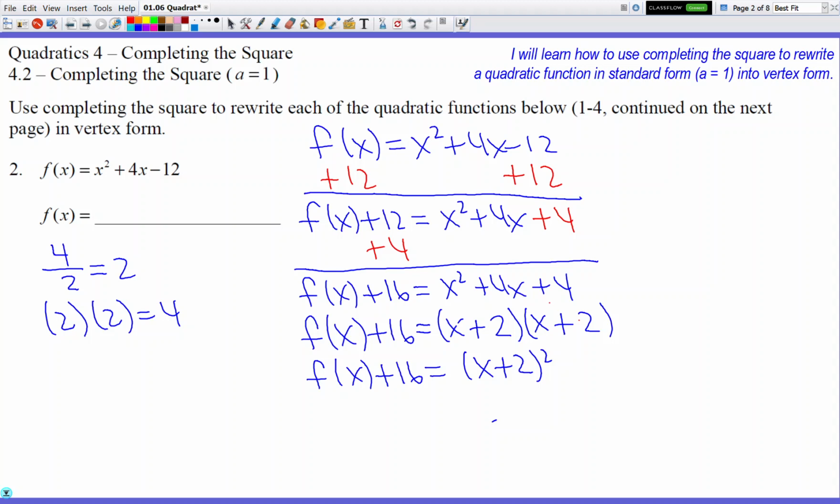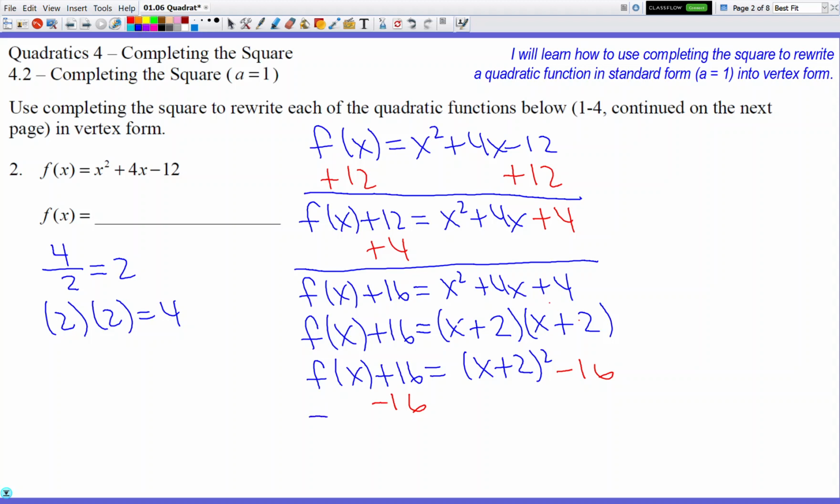Okay, so like I said, the purpose of complete the square is to create vertex form. And we're almost there. So we just gotta solve or get f of x by itself. So how do I get f of x by itself? Well, I gotta get rid of the 16. So how do I send 16 to the other side? Well, you're going to subtract 16. So hopefully this part of the process is not too bad, right? How do I move and shift around numbers? How did I shift around the negative 12 to the left side? You know, all that kind of stuff. Okay, so